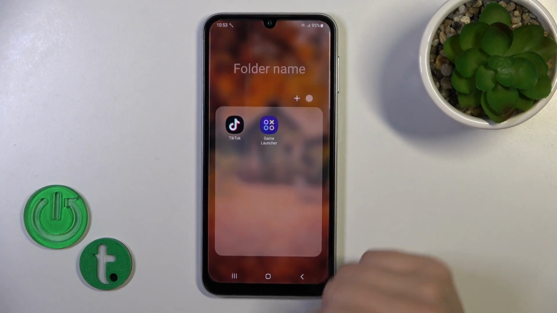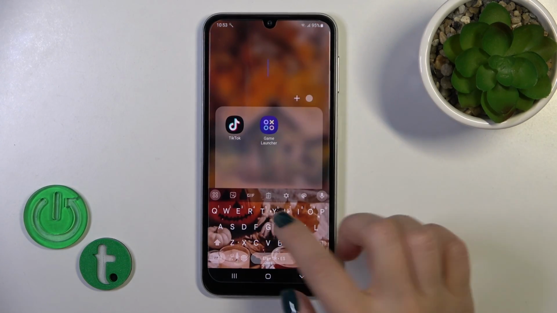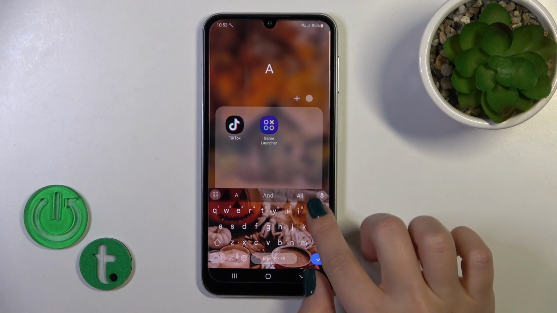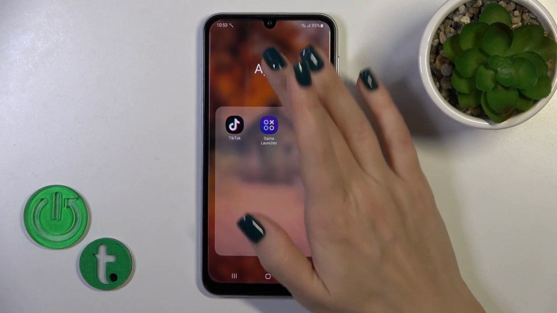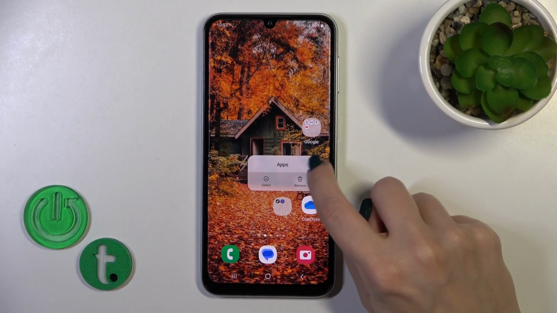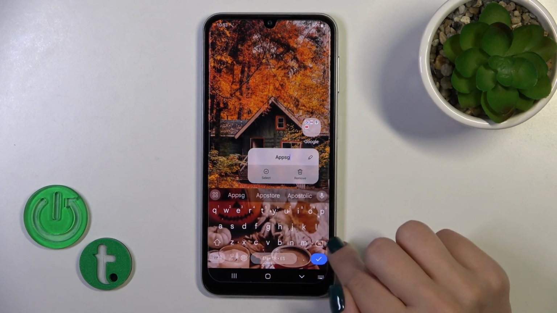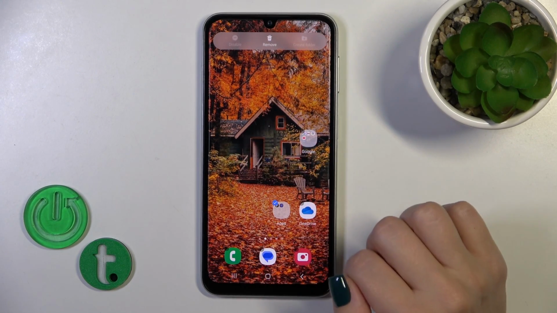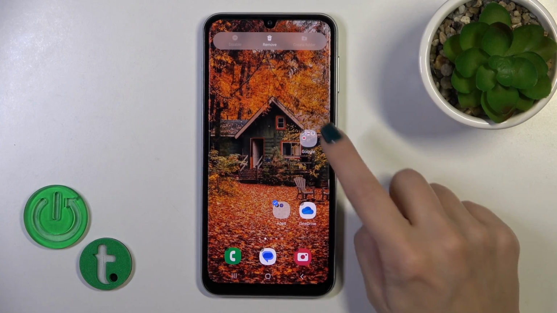How we could customize them. We could add the name, just tap on the folder name and type, for example, apps. You could also rename it this way, or just by holding the folder and tapping here on this edit icon. So we could also select the folders,